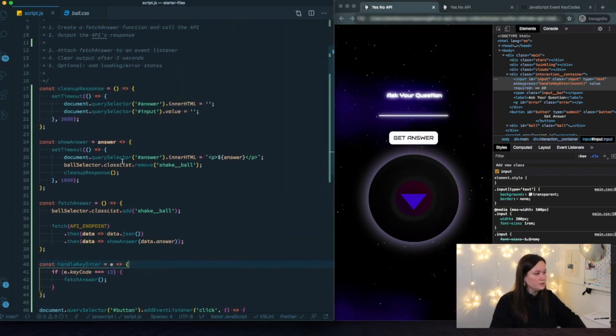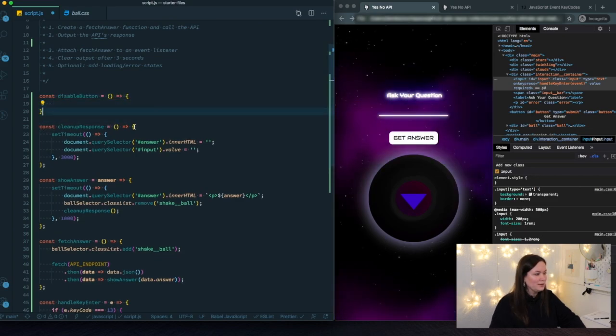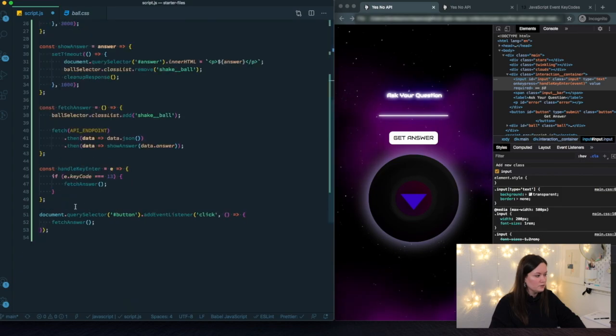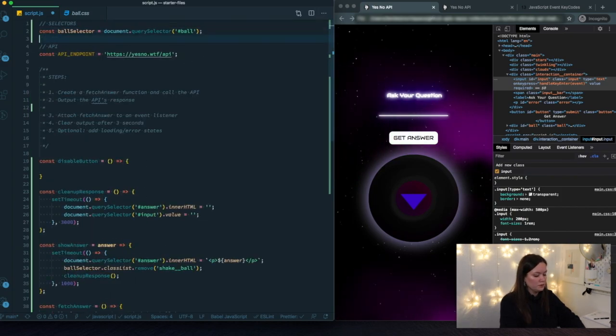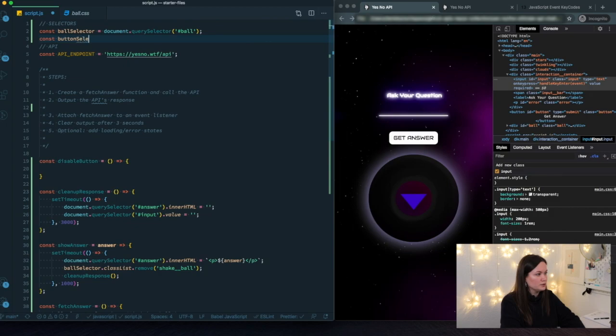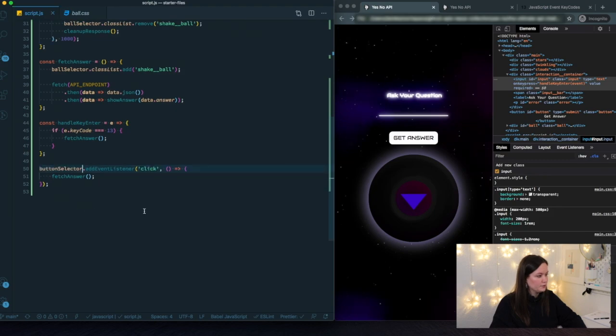In order to prevent that from happening, let's create a function that is going to disable the button. Let's call it disableButton. We're gonna use very straightforward naming. So how does disabling a button work exactly? First of all, we're gonna work on the button again, which is gonna be repetitive. So what are we gonna do? We're gonna stick it up here. I'm going to do const buttonSelector equals this, and here we're going to replace that. All right,